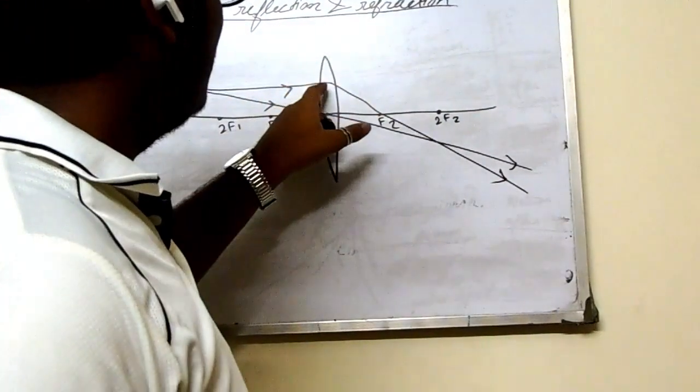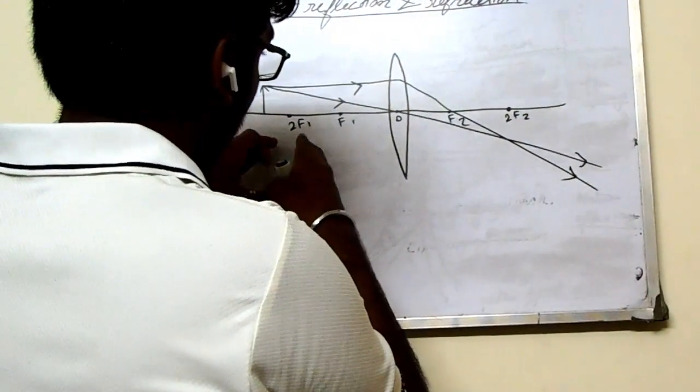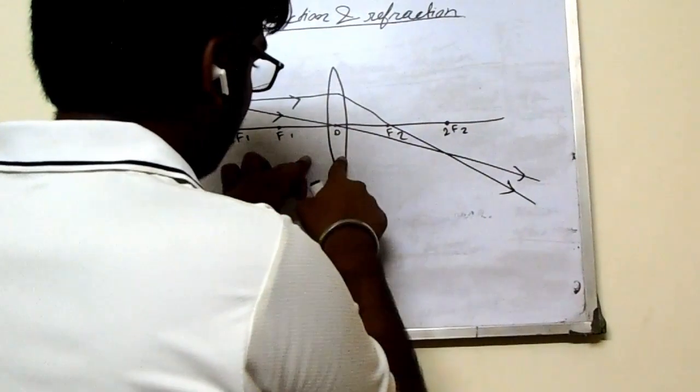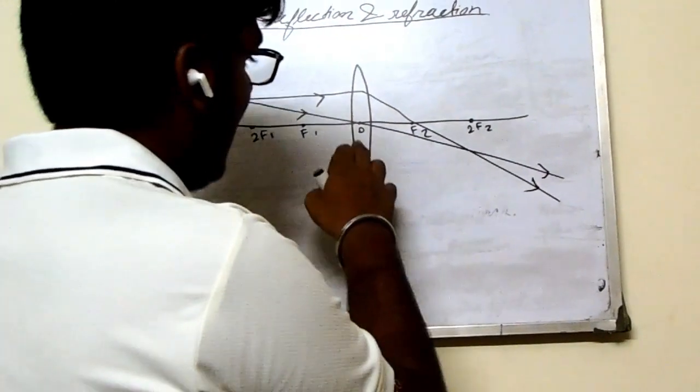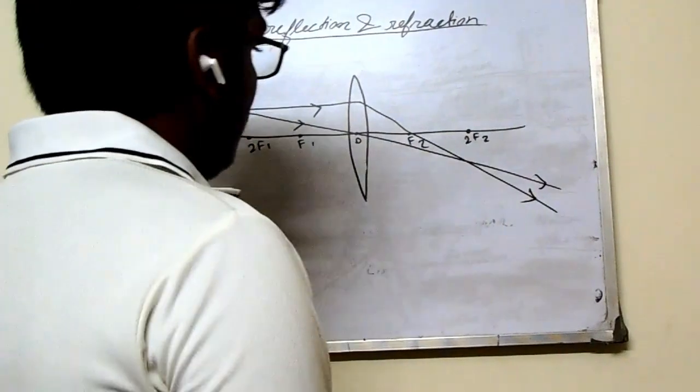The thing is refraction. Okay, because the ray is entering the glass medium from the air and again it is going to the air. Okay, so